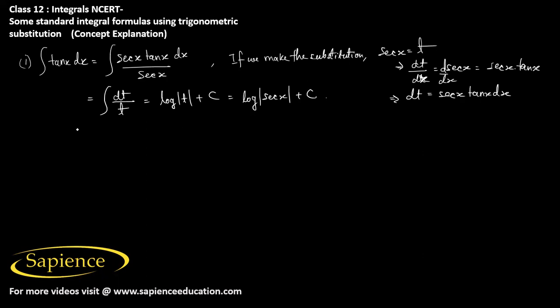Then the second is the integral of cot x dx. So here cot x we can write as cos x by sin x dx. So here also, if we put sin x equals t,